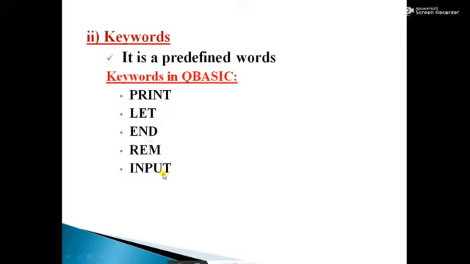Other than this, we use more keywords in the QBasic language. Let me show them later. So these keywords we will use in our program. Keywords means what? It is a predefined word or reserved word or built-in word. It is not defined by the user. Is it clear, student? We will use this type of keyword. In this video class, we will use some keywords, and in the next session also, I will explain the remaining keywords.